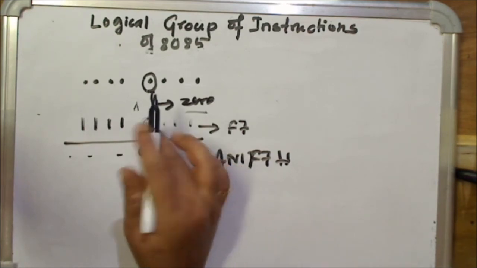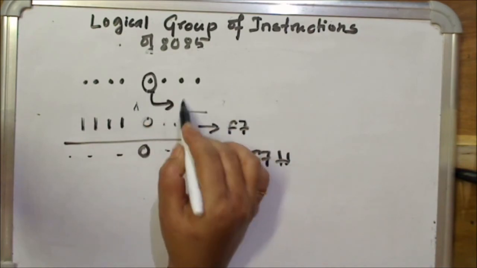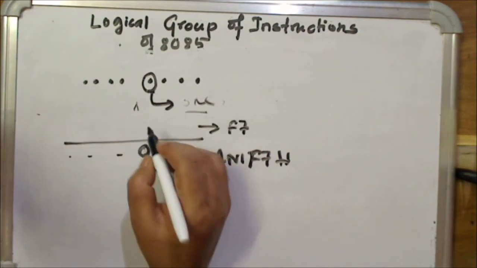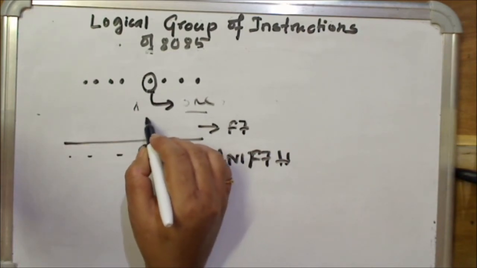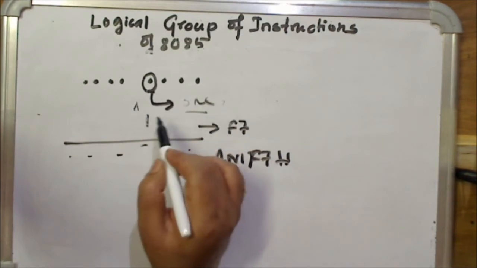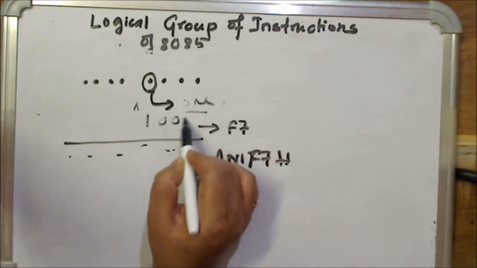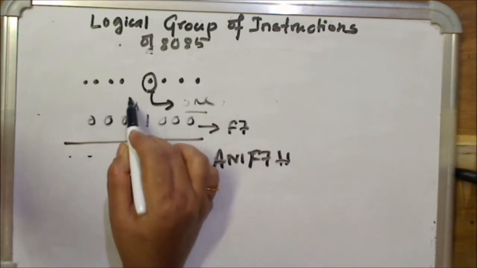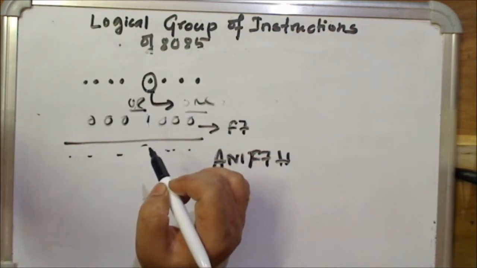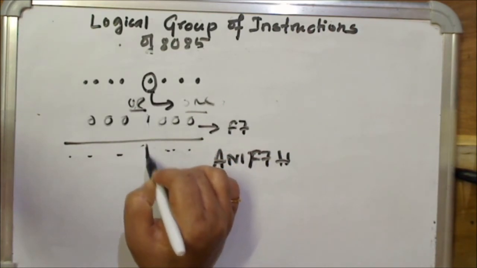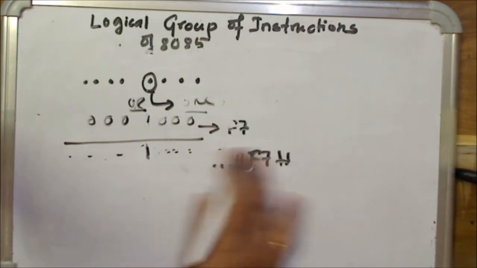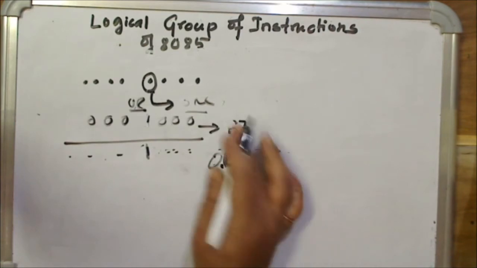If I were to tell you to make this bit 1 without affecting other bits, what would you have done? You have to OR this bit with 1, okay, and the remaining bits with 0. So anything, if you OR with 1, it will be set to 1 and the remaining bits will be unaffected. That is, your instruction would have been ORI